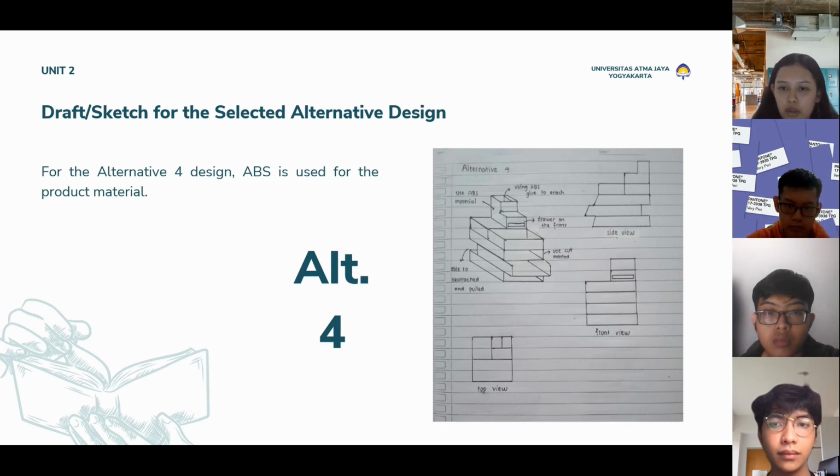For alternative 4, ABS is used for the product material, and the advantage of alternative 4 is that the material is lightweight and waterproof. On the other hand, alternative 4 has a difficulty in the cutting process compared to the other materials. Then next, for alternative 14,